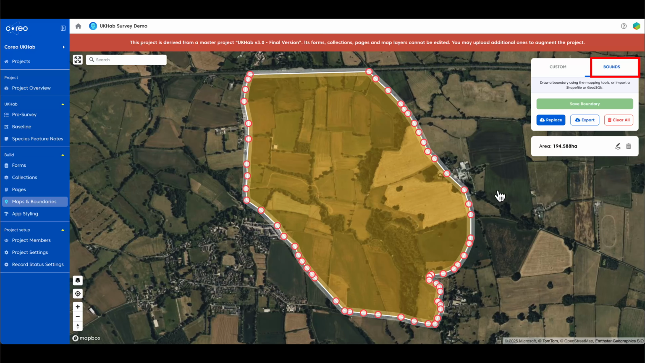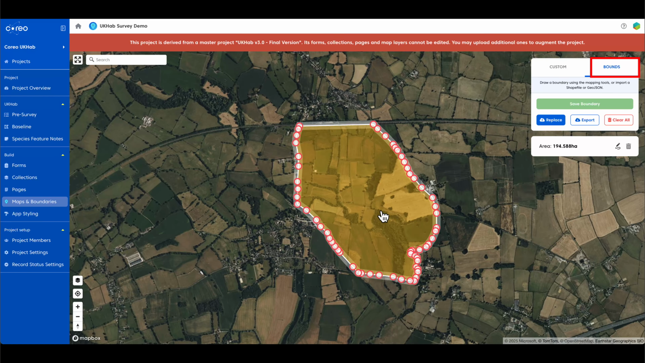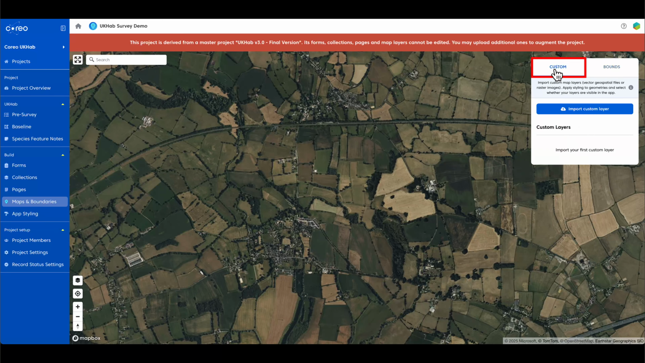So bounds will just show you your red line boundary that you've previously imported. So this is where you could go to edit that if you need to. It will also show you the area of each boundary that you have loaded up. So if you've got a site that's got disparate red line boundaries, you'll see each of the areas specified separately here. If you want to upload your own custom map, so this might be things like OS master map layers,